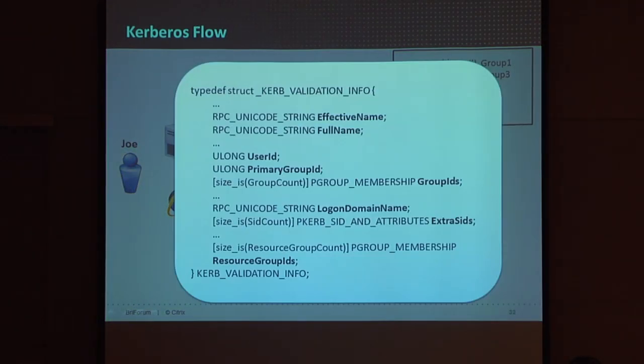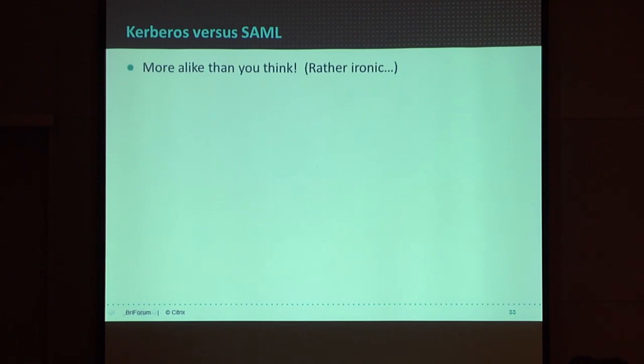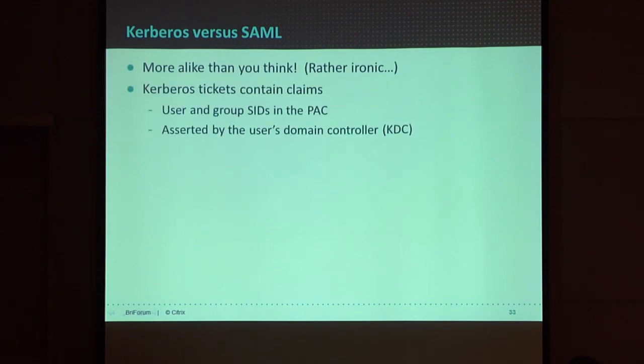And the interesting thing is inside that Kerberos ticket is some stuff. It's all binary structure and it's chock full of information, but some of the information is things like the user name, his user ID, his SIDs, the user SID and the group SIDs, basically information rather like those SAML token claims, if you like. So really the point here is Kerberos is actually an awful lot like SAML and OAuth. It is a token-based model. It's got real claims inside that the domain controller has asserted and issued, which are used for authorization.